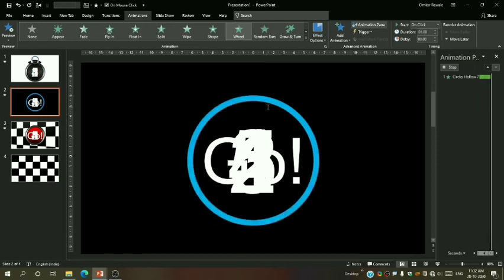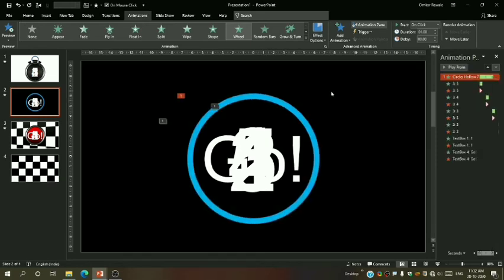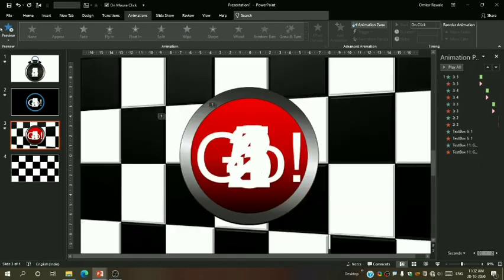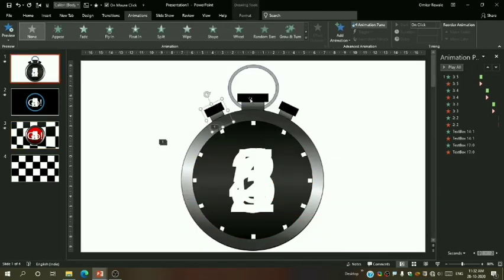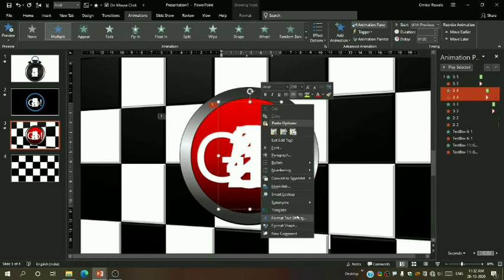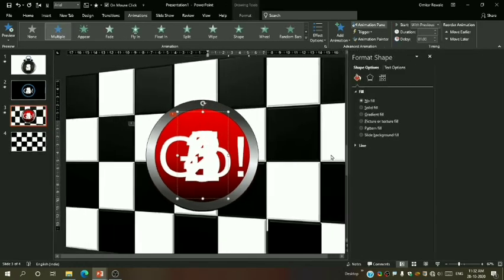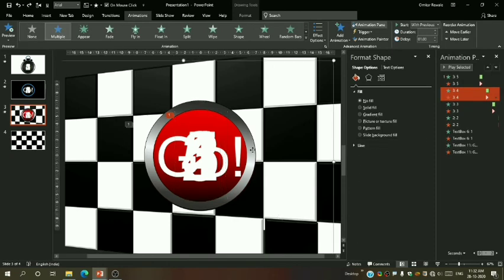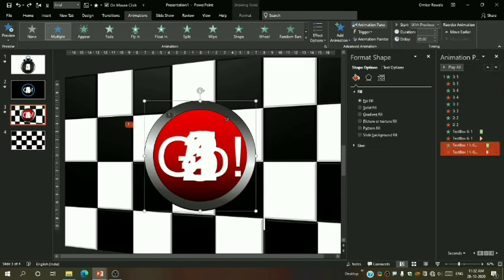Okay, so as you have seen here. Now again the second one, this is the same one like this, only the thing is I have removed all these things and the squares and just changed its color. Let me go to format shape and show you. Okay, see gradient color.